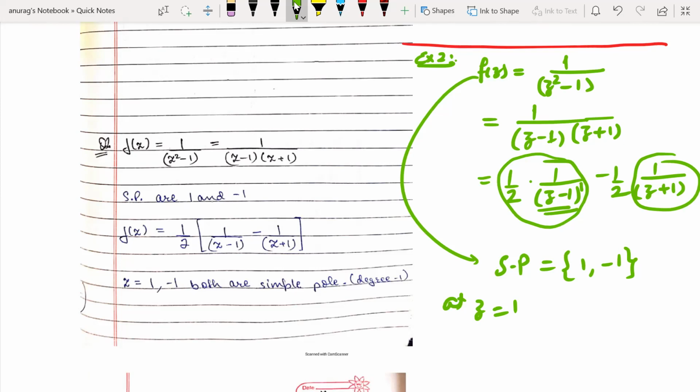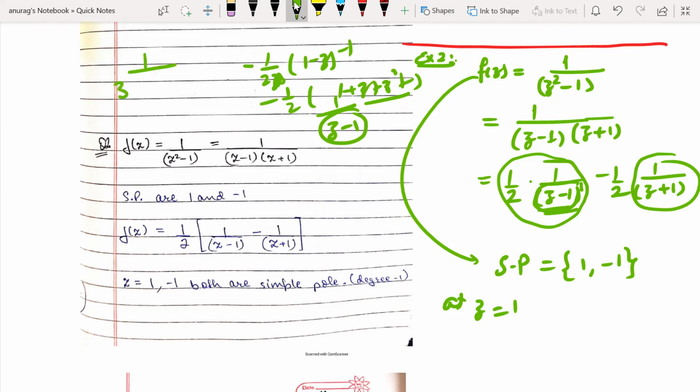Some people write (1 minus z) to the power minus 1 and say all the powers are positive. Some people may confuse you. They can write like this: (1 minus z) to the power minus 1, and they write 1 plus z square and say all the powers are positive. Where is the principal part? But you are working about z equal to 1. It means the (z minus 1) factor is necessary. If you are about z equal to minus 1, then the (z plus 1) factor is necessary. So you cannot take it in the numerator, because it is about a point.